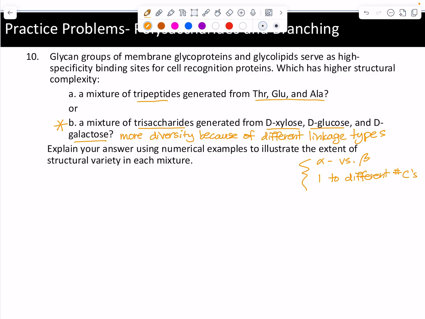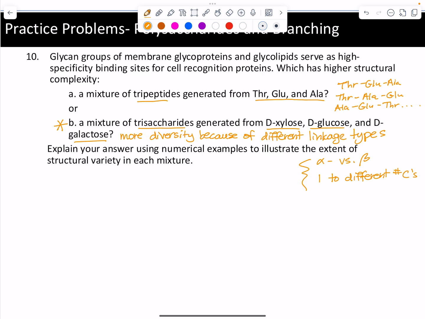Because we have one way of hooking these up. So here we have threonine, glutamic acid, alanine, or we could switch the order of those, right? Or we could put the threonine last, and you know,